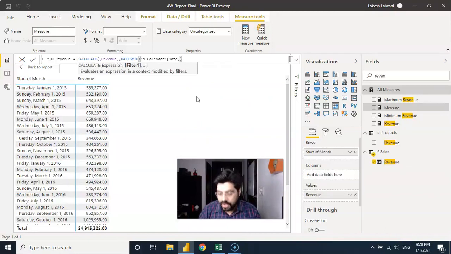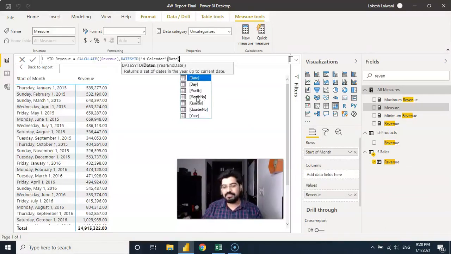I'm good to go. But what is it asking apart from this? It says year end date. Now listen to this very carefully. Our model has a year end date equivalent to the calendar date, which is 31st December. 31st December is the last date of the year in our model. But what if you have a different date? Like in India, we have